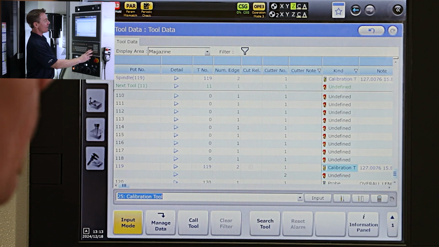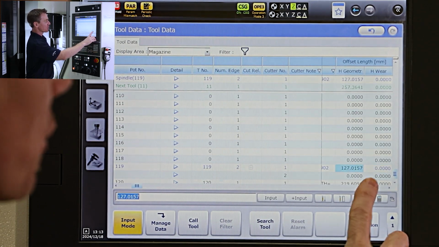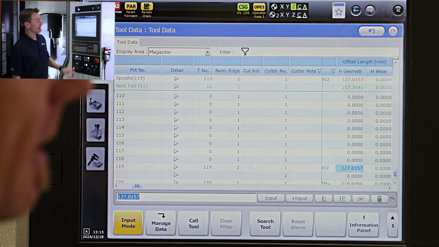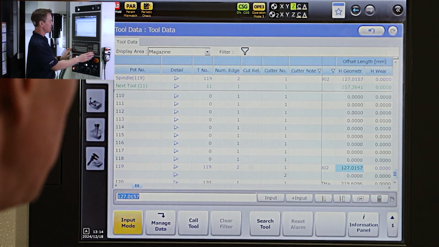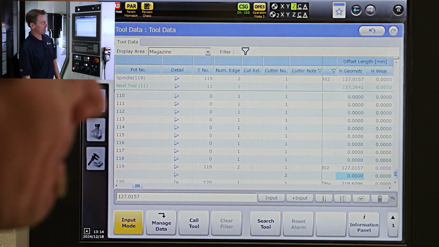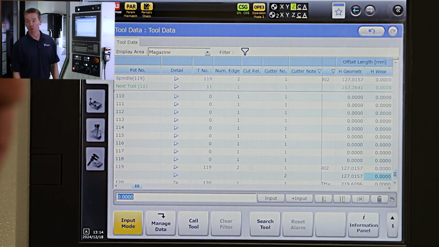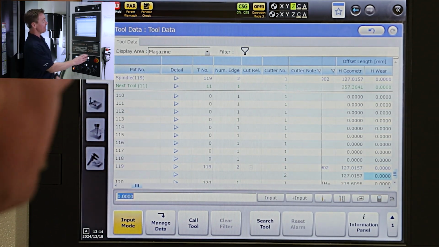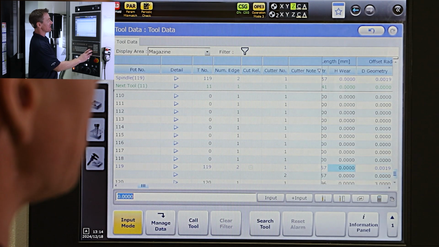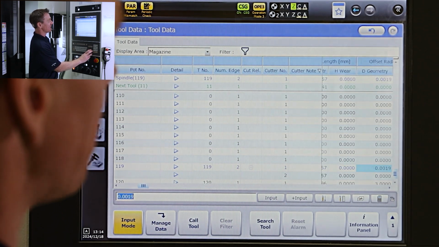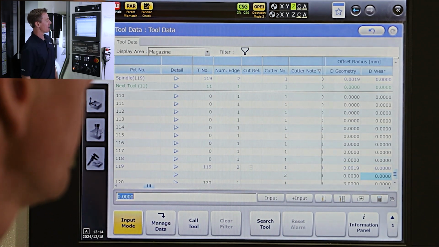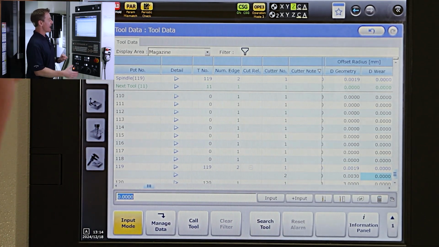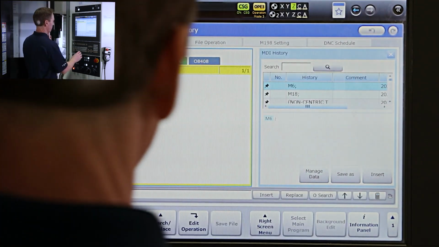Okay. One thing to keep in mind, the H geometry does not automatically transfer. It will come in as a 0 for a new tool. So we need to Control C, Control V as in copy, paste, and input if those numbers are going to match. And now we have 2 edges set up here. So we're going to set a dummy value here for a D geometry of 3 micron. Okay. So what happens is if we tool change this into the work area, so we do a